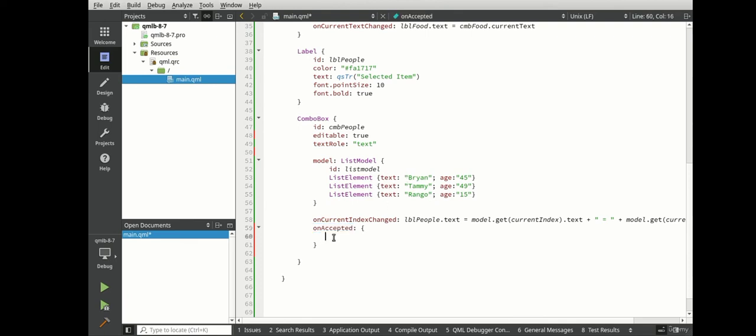And this gets a little bit involved. What we're going to do is we're going to say if find, and we want to find the edit text. The edit text is a string that's being passed to us, and we want to say if it's a -1, meaning it just simply didn't find it, then let's go ahead and add it. And we're going to say model.append,